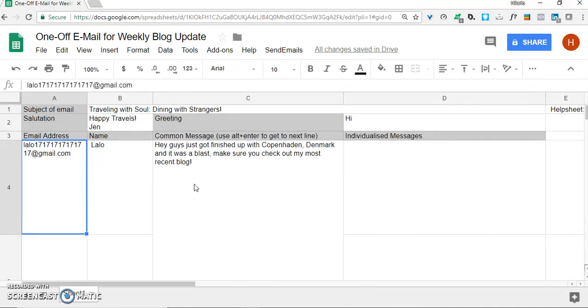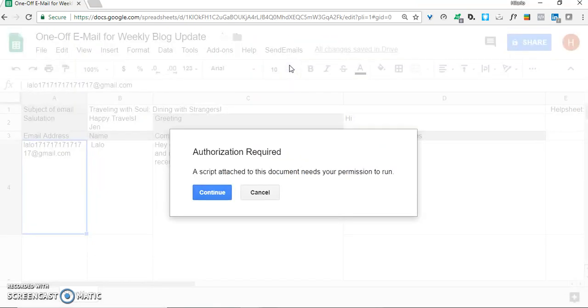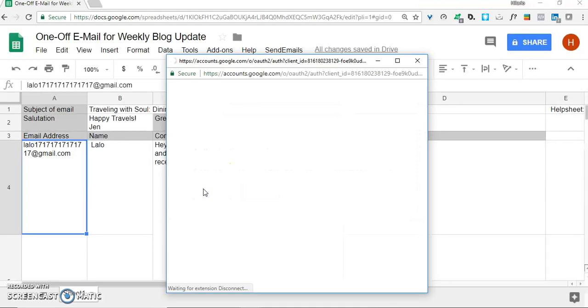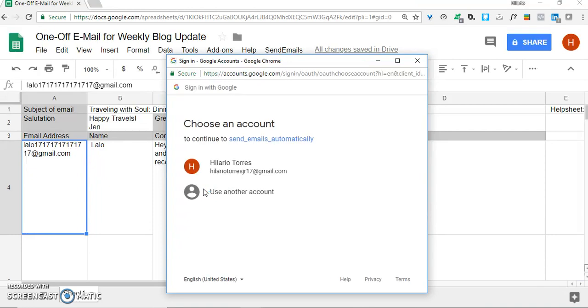the email. So once that's done, you come up here to send emails, and then you click on send email, and it's going to say authorization required, a script attached to the document needs permission to run. You hit continue, and it'll do its thing, and it's signing into the Google Accounts document. So it says choose an account to continue to send an email automatically, or use another account. Like me, I'm going to go ahead and use this account right now, but you would use another account, and